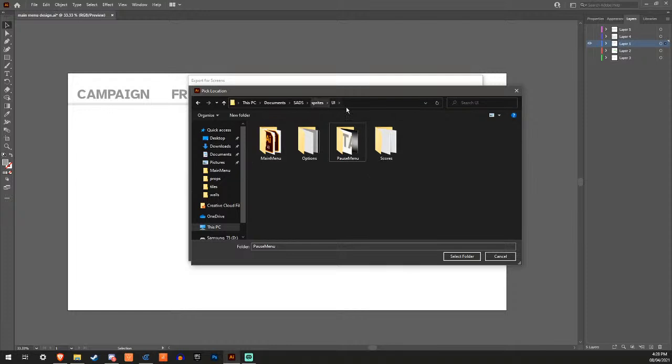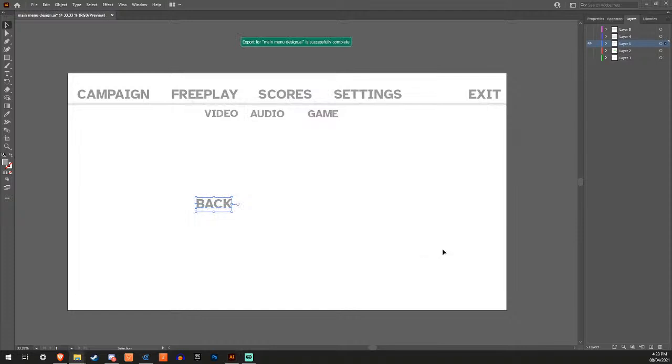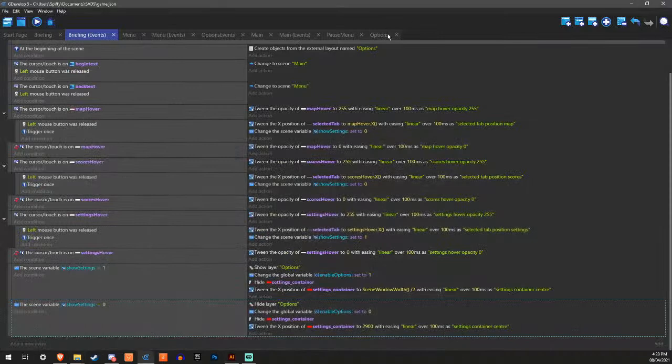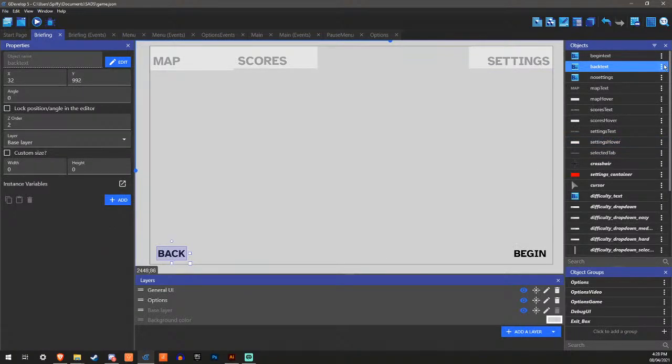We probably should keep it here actually. And then call it back text. Coolio. That's all nice. And now we can change this text to a proper thing.